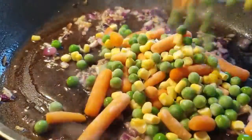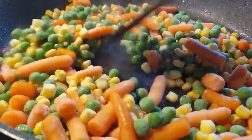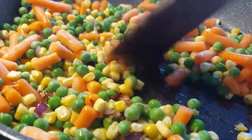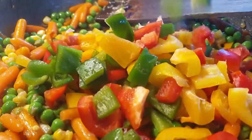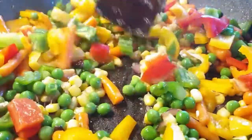Now once they are done, it's time to add in your veggies. So I started with the carrots and peas because they tend to cook a little bit longer. So I didn't add my paprika first because it will cook pretty much fast and I want it to not lose their color. So once the carrots and peas are done to satisfaction, go ahead to add in your bell